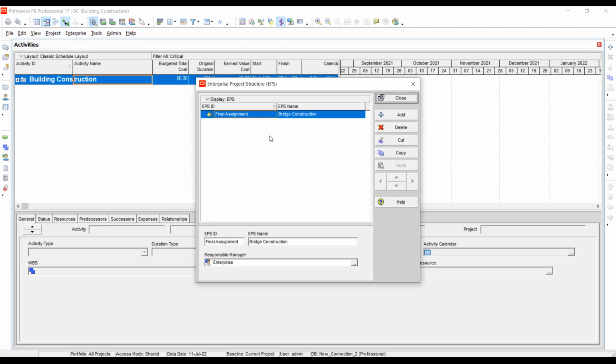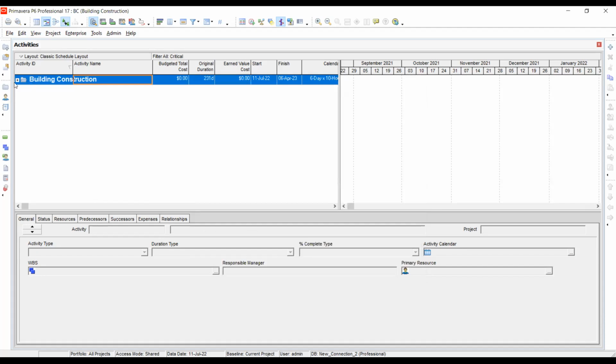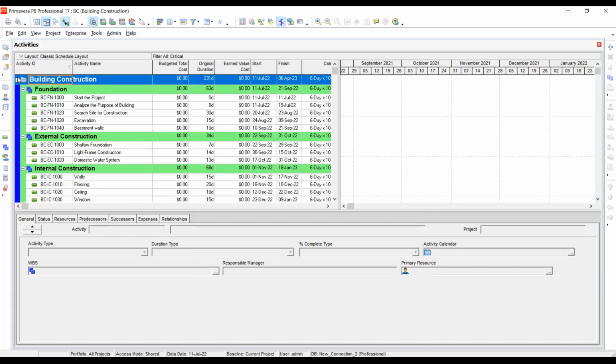You have to prepare an enterprise, under which category we have to prepare this program. That means if a company has a number of projects, and you are working for a number of companies, you need different kinds of enterprise project structures. That's why, because in Primavera we can handle a number of projects in the same place. So whatever project you are going to start, first check what the